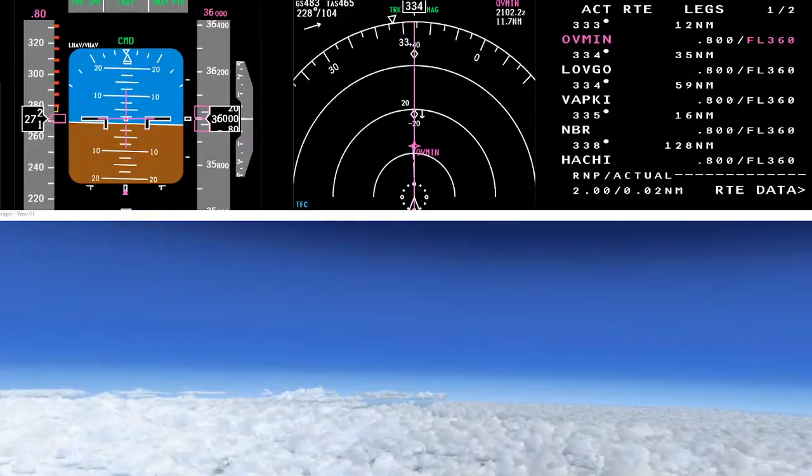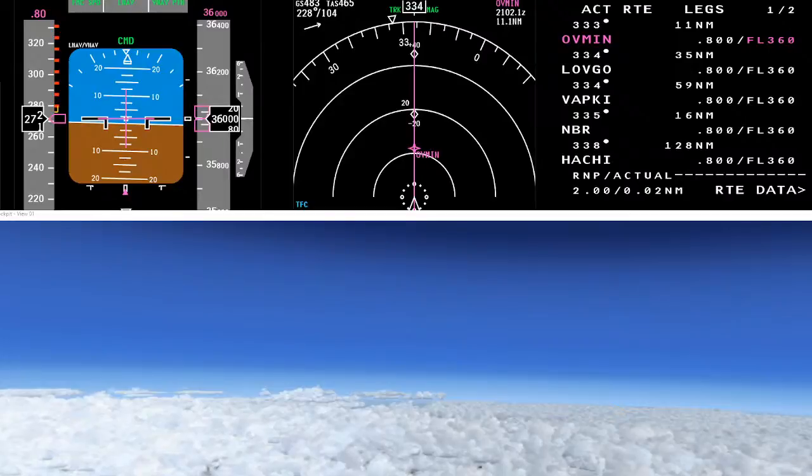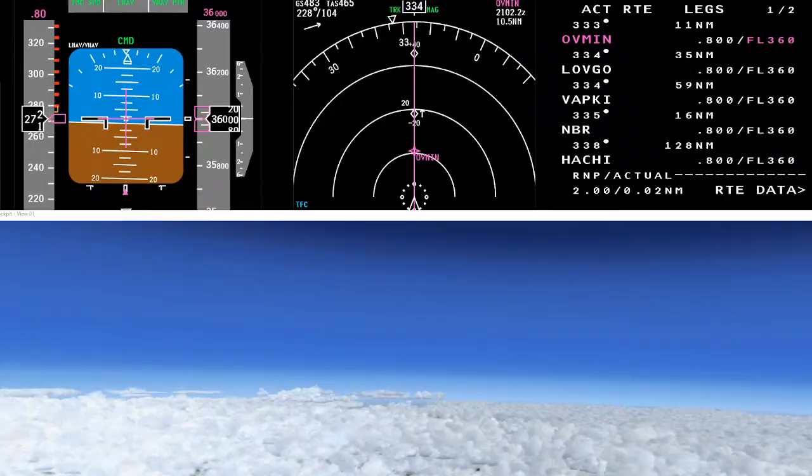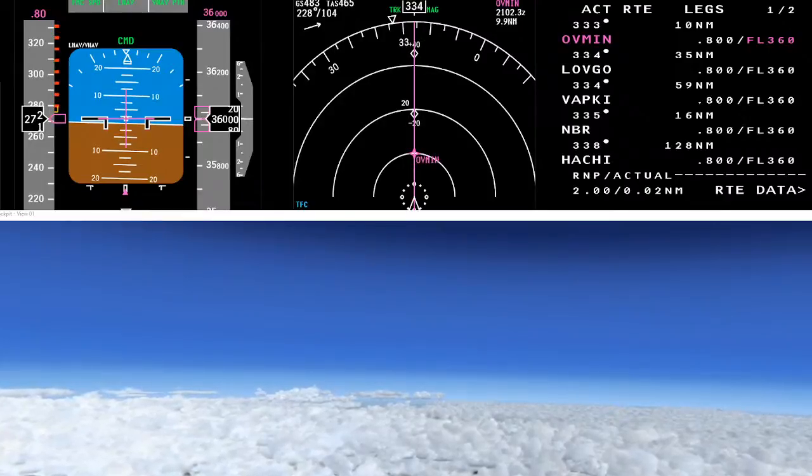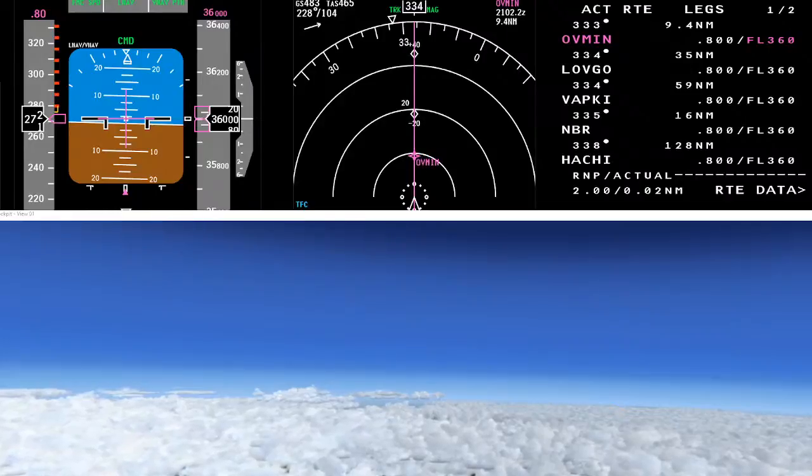Brisbane Centre, hello, Lufthansa Cargo 8286, which is stuck at flight level 240. Transcargo 8286, facilitate climb, turn left heading 320.